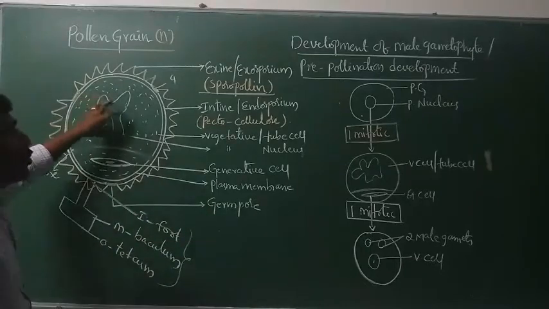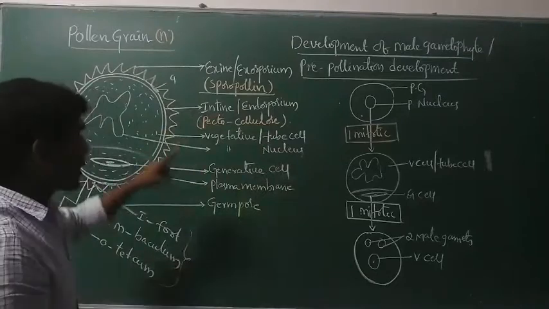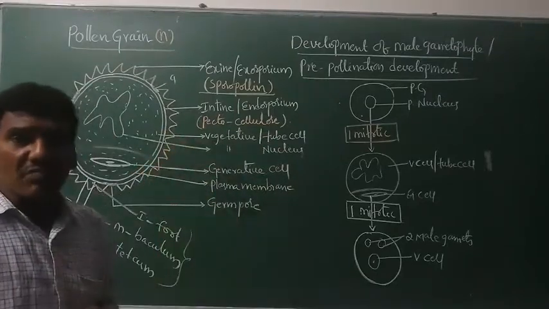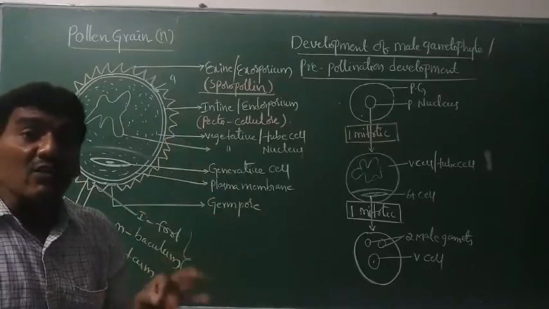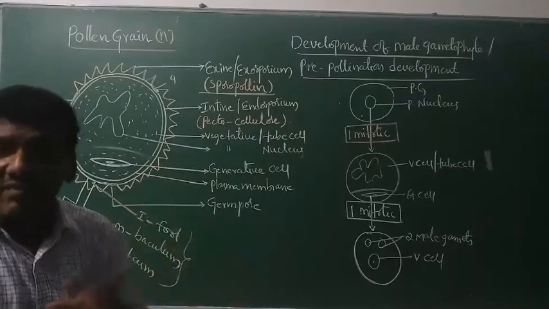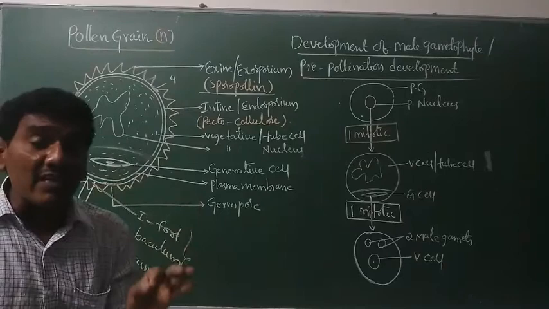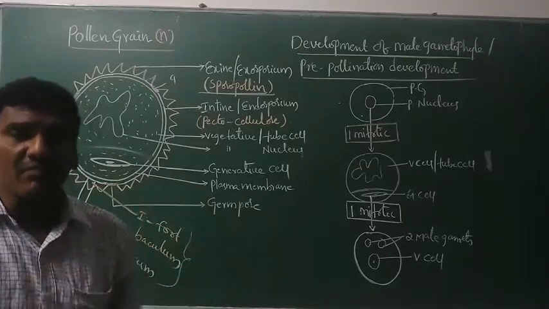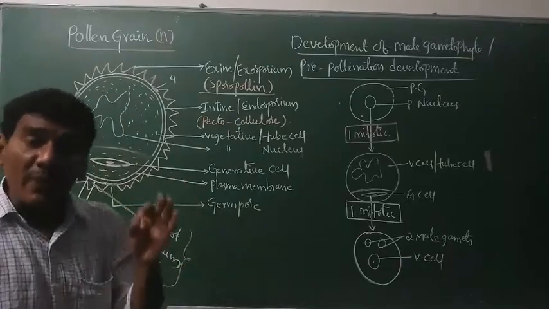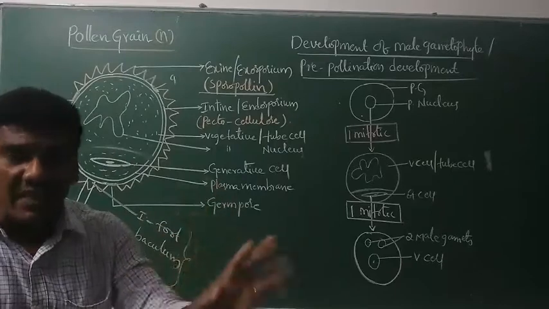Here, two types of cells are present inside the pollen grain. The first cell is called the vegetative cell. The vegetative cell is larger, has an irregular nucleus, and stores a large amount of food material. The generative cell is smaller and freely floating in the cytoplasm of the vegetative cell. It appears spindle shaped with dense cytoplasm and a nucleus.